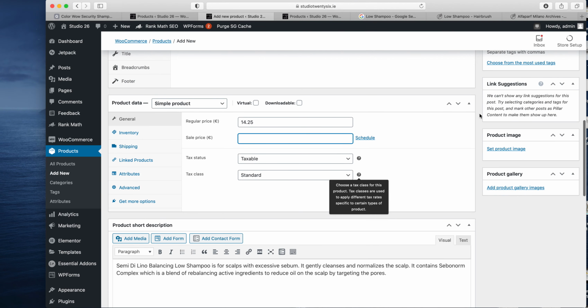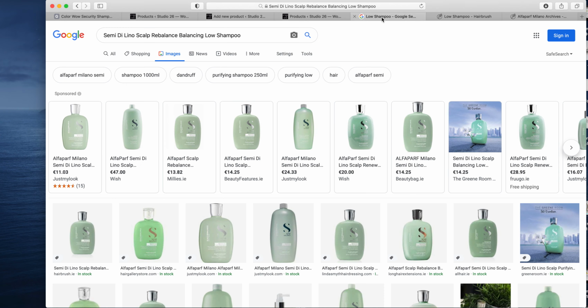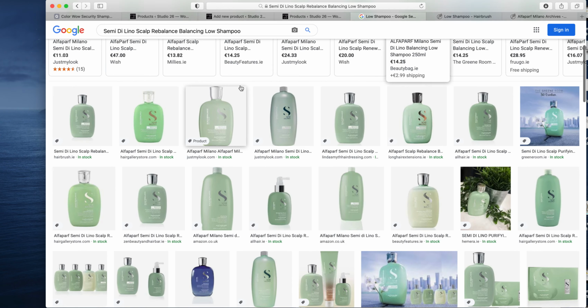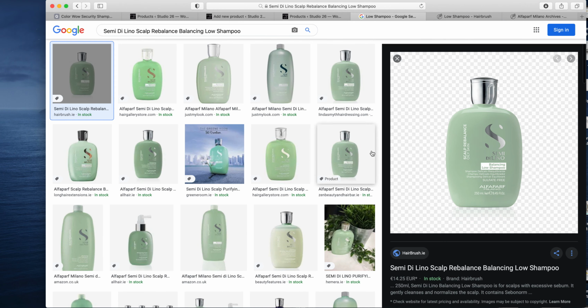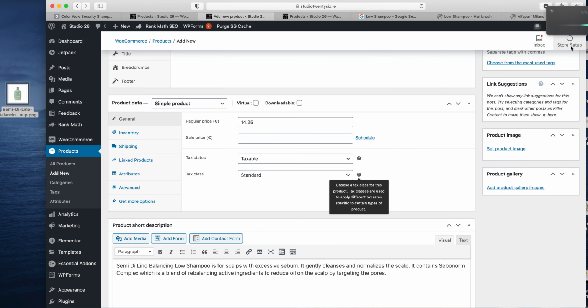Now to add an image, we should really be taking these images ourselves, but I've been getting them off Google. So what you want is just a square image. So you can see down here at the bottom it says 795 by 795, and that means it's a square image. So we'll use that one, take that aside, and we'll throw it on our desktop, and then we will go back to the page, and